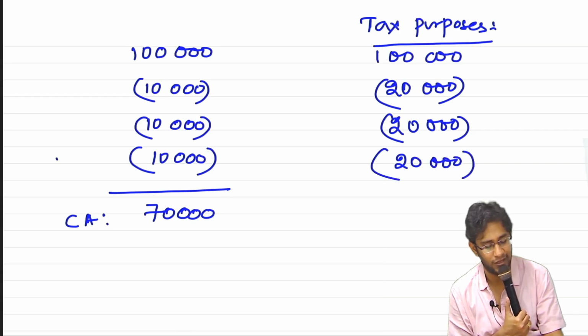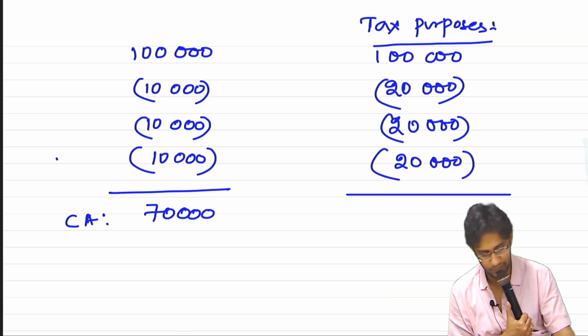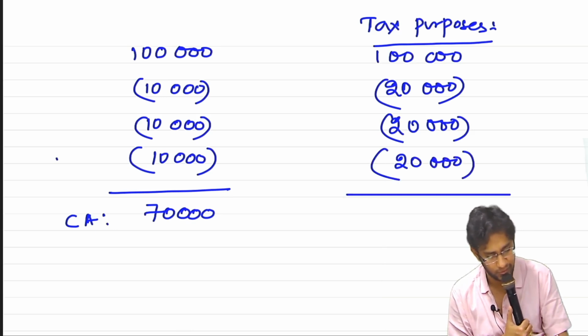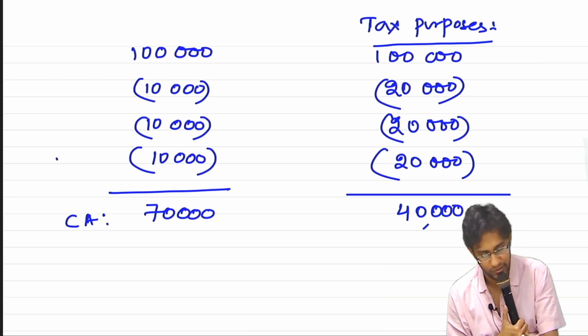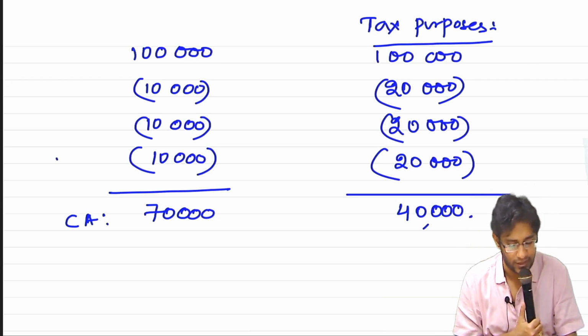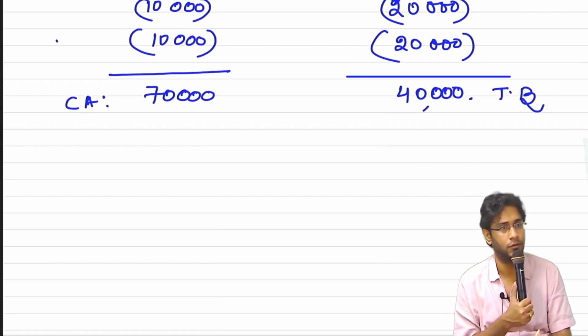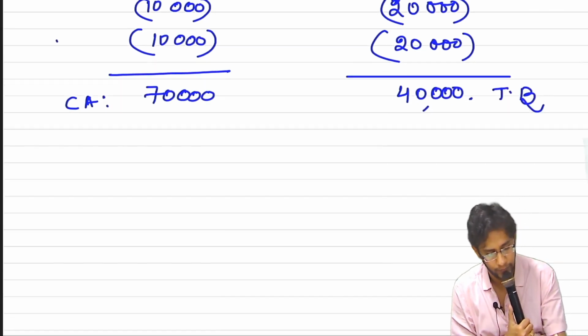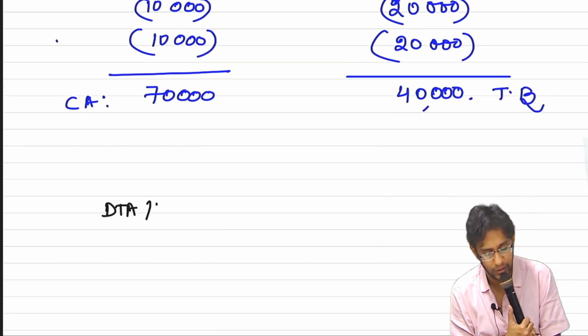For example, anything can be there. Imagine there's a power generating company, where SLM is allowed. So from the tax point of view, this is the carrying amount, and this carrying amount only will become our tax base. Do you have clarity up to here? Now, if I ask you to compute DTA or DTL,